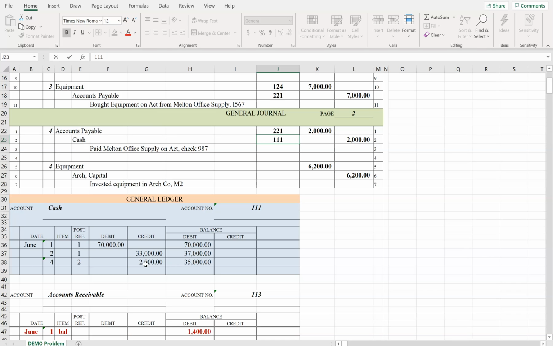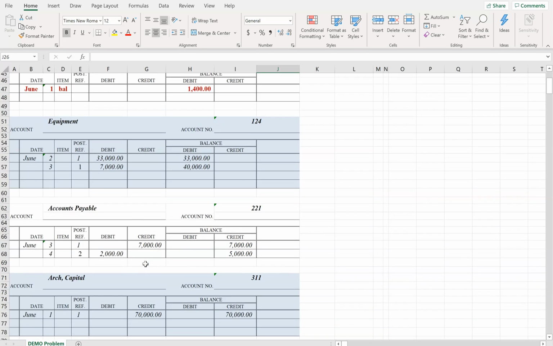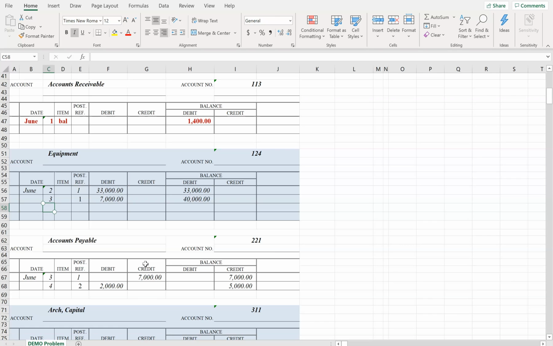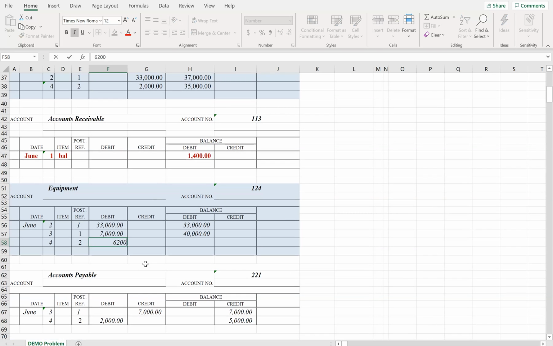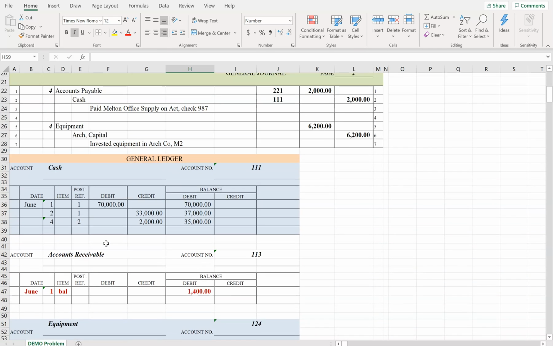of 111. Then our last entry is going to be a debit to equipment and a credit to capital, both in the amount of 6,200. So let's go down to equipment. This occurred on the same date of the 4th, and it's also on page 2. And it's going to be a debit to equipment of 6,200. So a debit and a debit are going to get added together. So we take the previous balance and add the new debit to get an updated balance of 46,200. And we post-reference